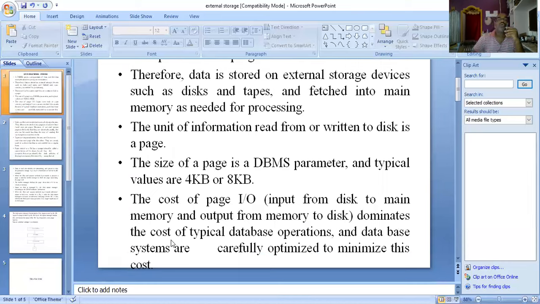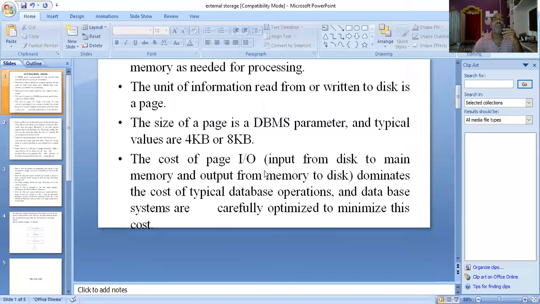That means to insert a page into the disk or to retrieve data from the disk will cost a lot. So our DBMS has to be designed in such a way that it optimizes the cost, that is, minimizes the processing cost.